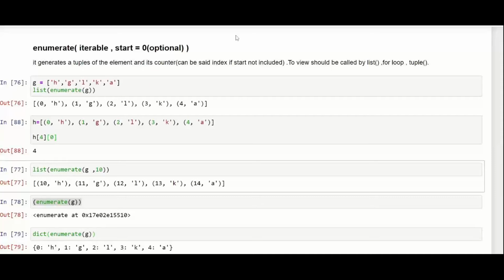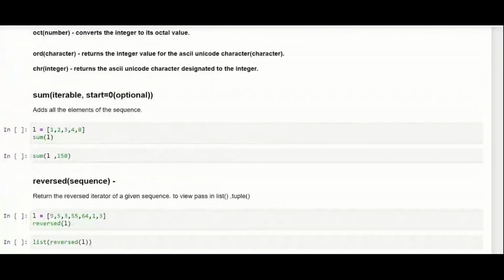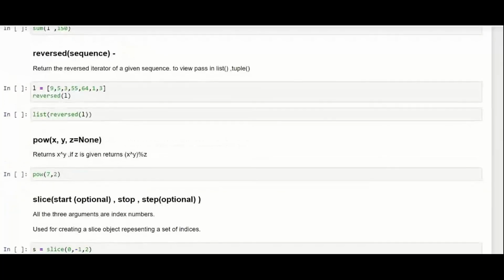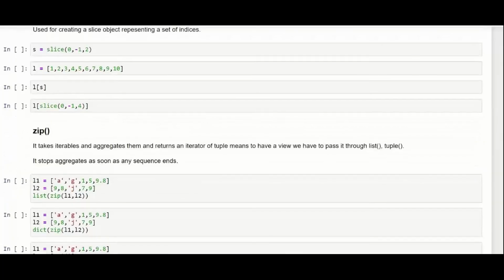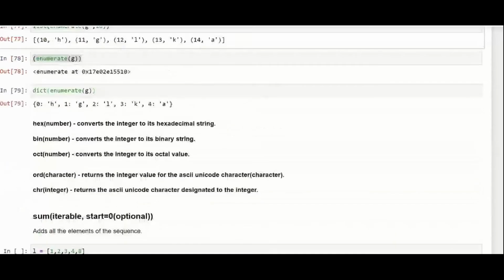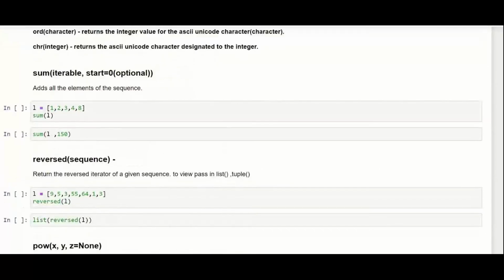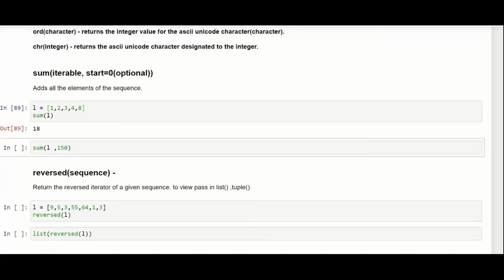Okay, thank you. So this was with the enumerate functionality. Now we have another method. I will just cover this and then I will give you a question. So this is with the dictionary, correct? Now moving to the sum method. Actually, what sum does is it will take a list, which we have. It starts with a simple bracket, as you all know, and it will just simply sum it up.